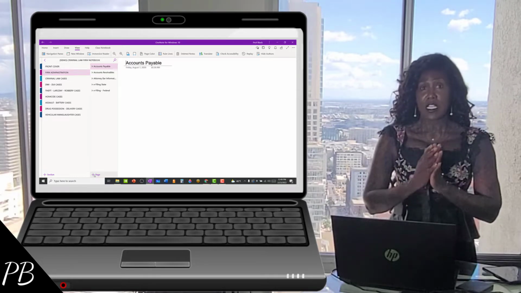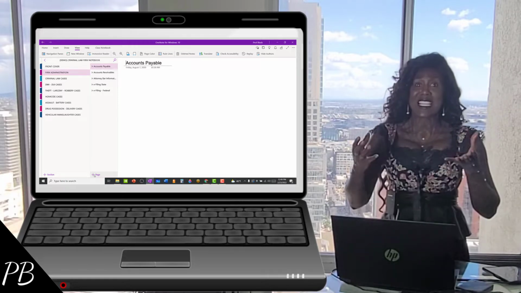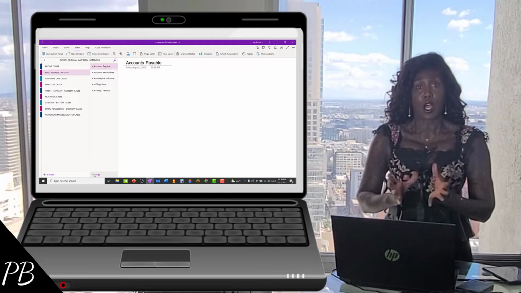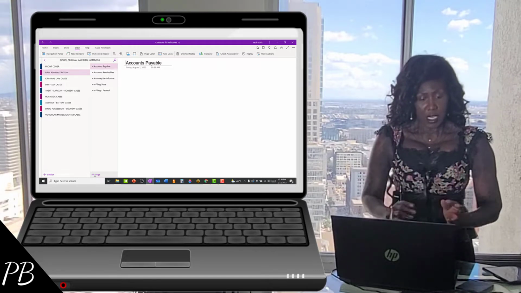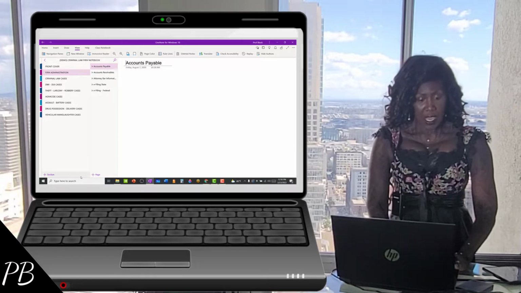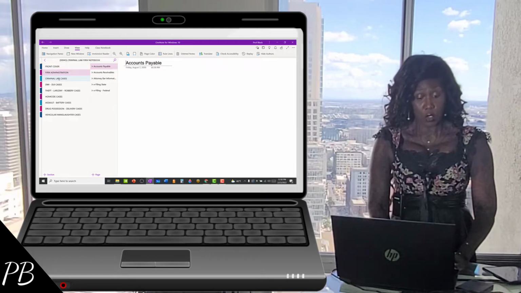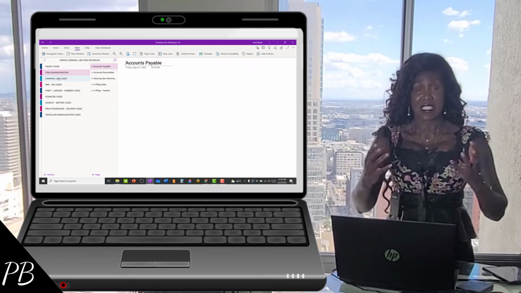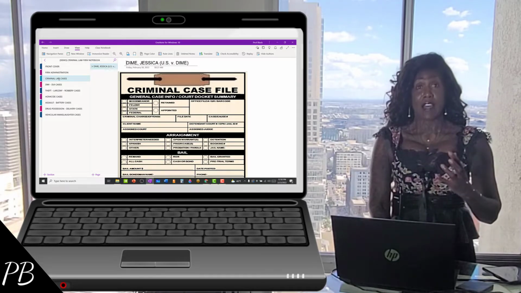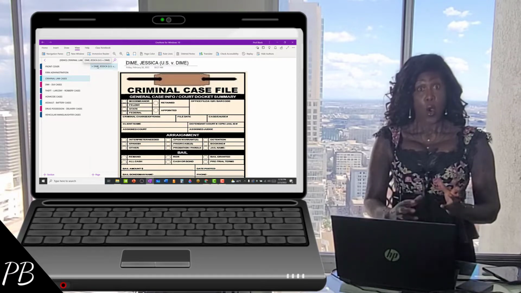Now, this template comes with a little bit of versatility, giving you the ability to decide how you want to organize your criminal law client files. And so here you can use this general setup here and just organize all of your client files within one criminal law cases section. So you could have all of your client files organized just generally by alphabetical order, or